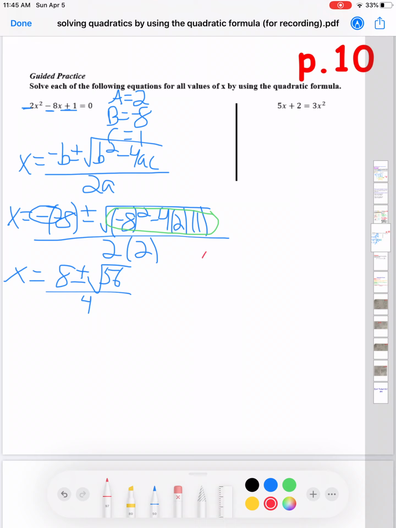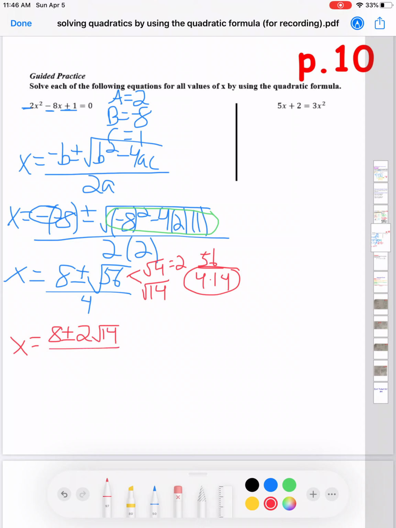And what I notice is that one of the factors of 56 is 4 times 14. And I know that 4 is a perfect square. So I'm going to focus on those two factors there. And I'm going to split this radical up into the square root of 4 times the square root of 14. Now I know that the square root of 4 is just 2. So I'm going to rewrite this as x equals 8 plus or minus 2 square root of 14 all over